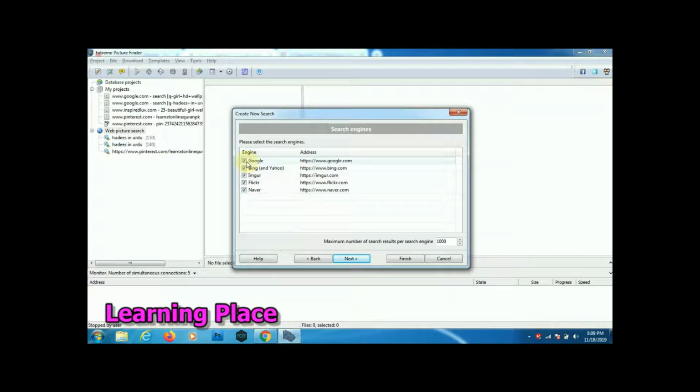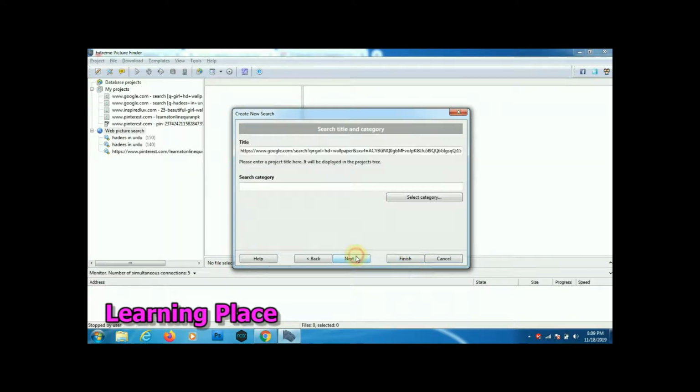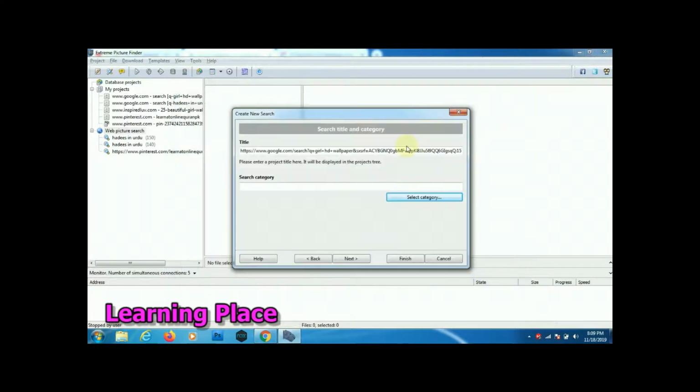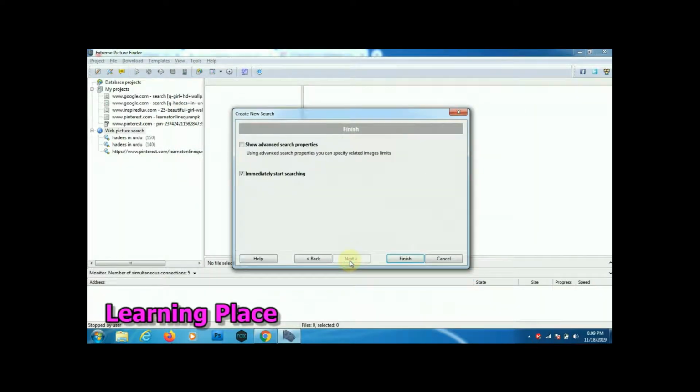So we search on Google, Bing, or other websites. Then I checked Google, or search only this keyword on Google. So next, and category. If you search by category, select a category. Now I need a category. Then next and go on.